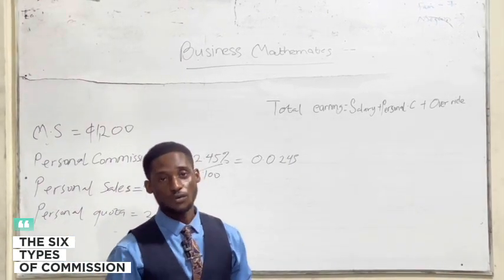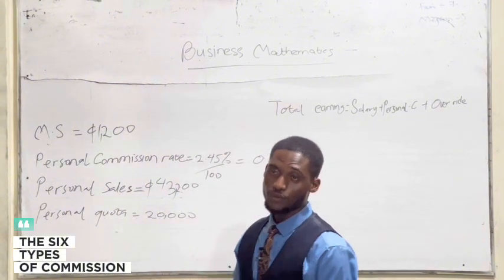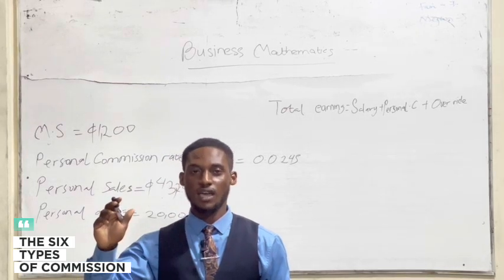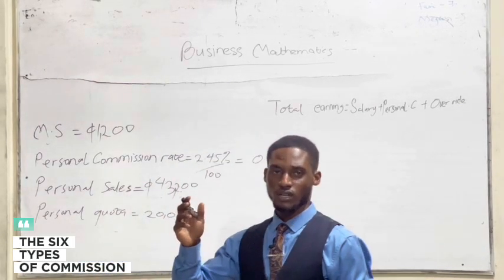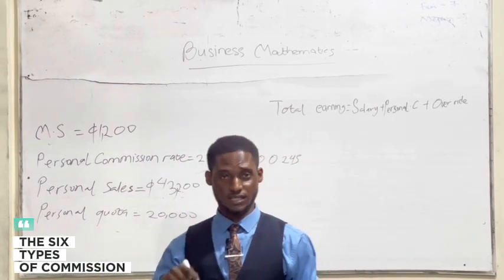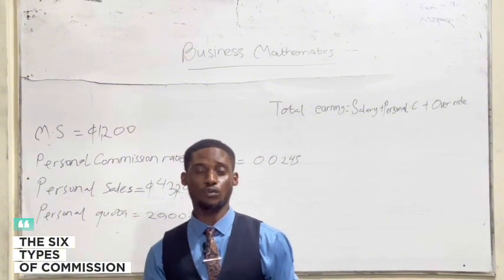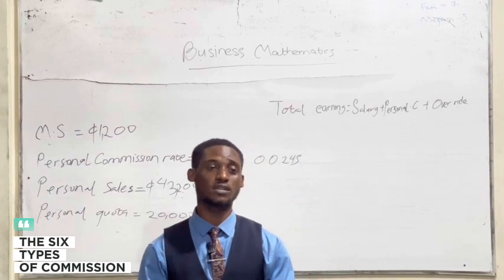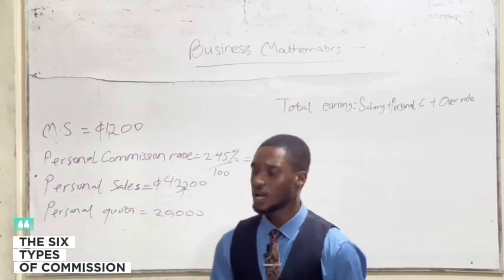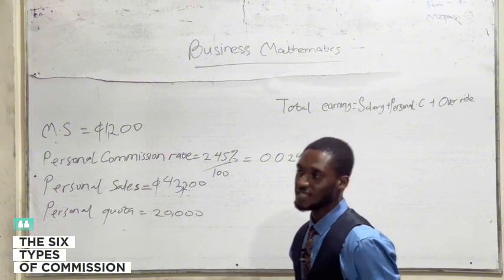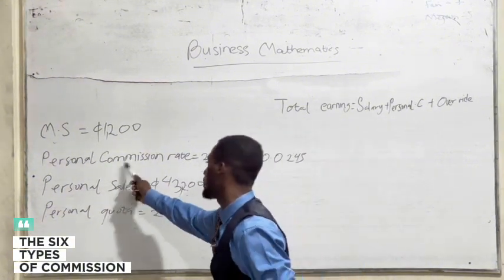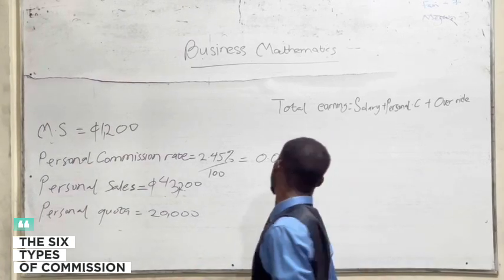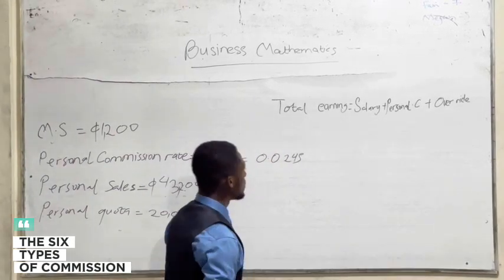And now there's a quota here, so we have to use the principles of commission. One principle is that where quota exists, commission is calculated on the commission amount. And here we have commission, just that personal has been added to it to make it personal commission. There is no difference here. So in finding personal commission, you state